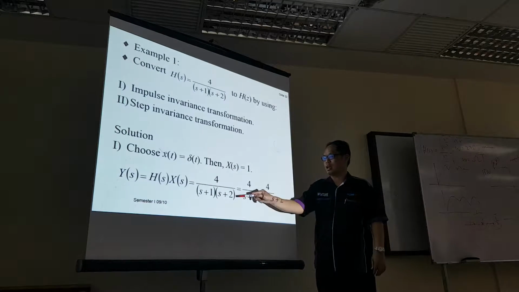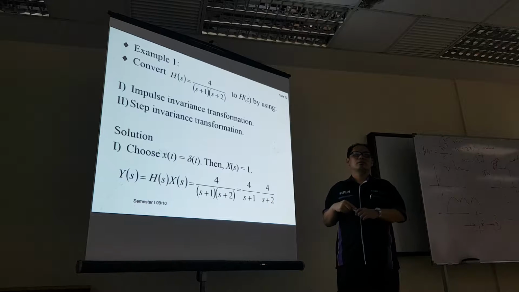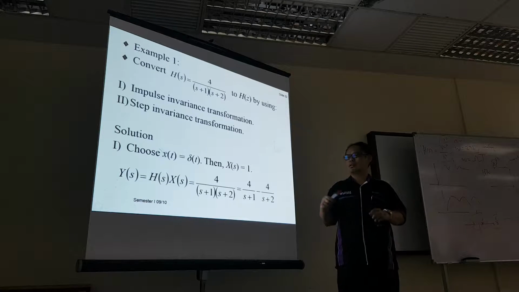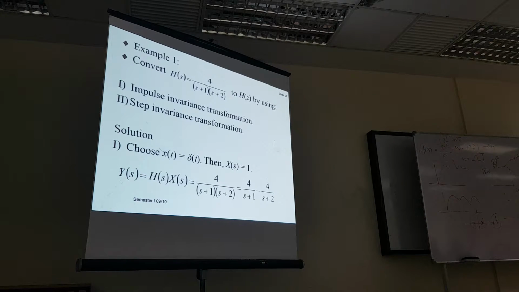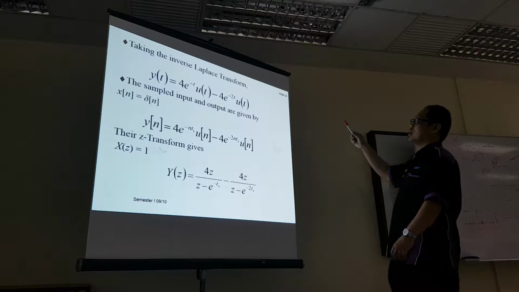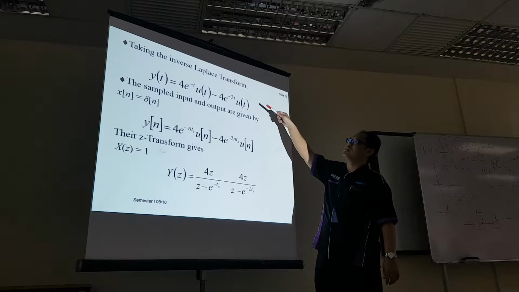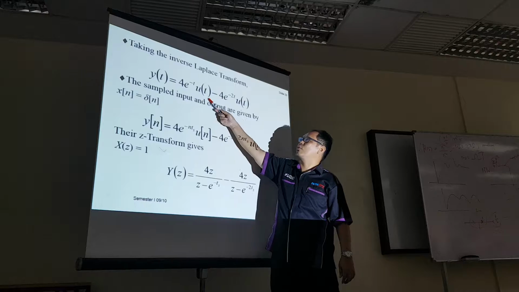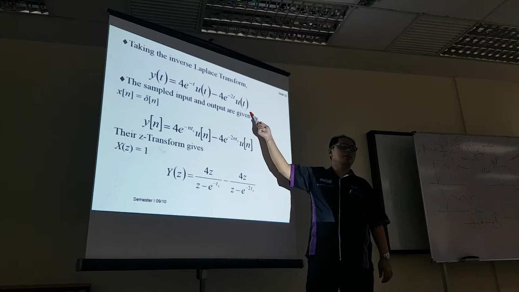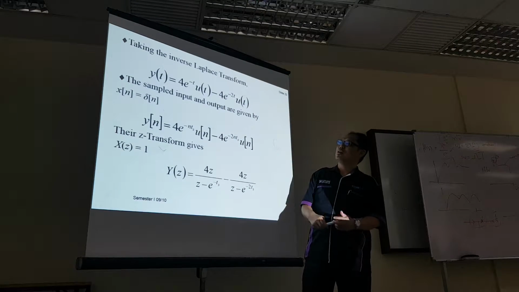After that you will do the partial fraction. Okay. So you do the partial fraction, and then you get one answer, and then you take the inverse of the Laplace function. So you get output y(t) equals 4e^(-2t). Okay. So that's what you do. Okay. Next,